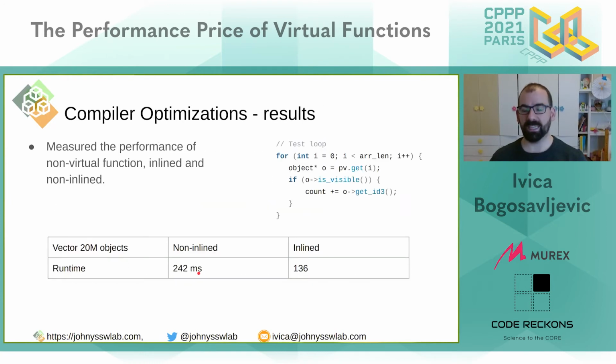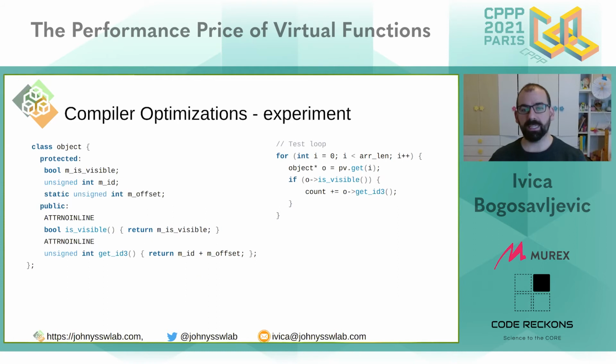So why does this happen? It happens because when the compiler inlines this get ID3, the loading of the M offset from memory is the same for the whole for loop. This member never changes. When it inlines it, the compiler becomes aware that this value is loop